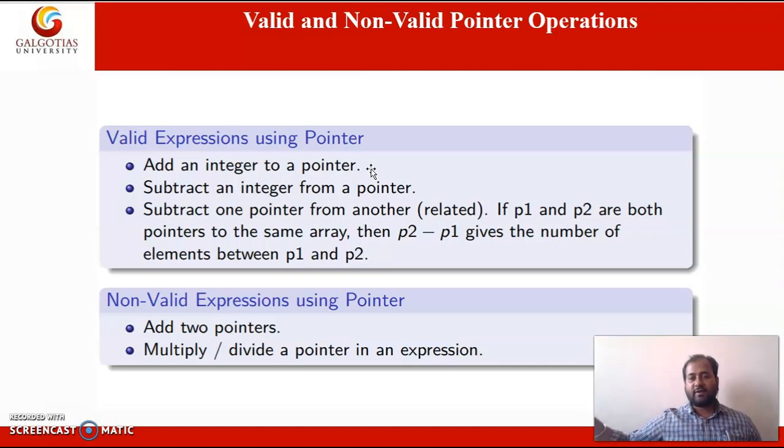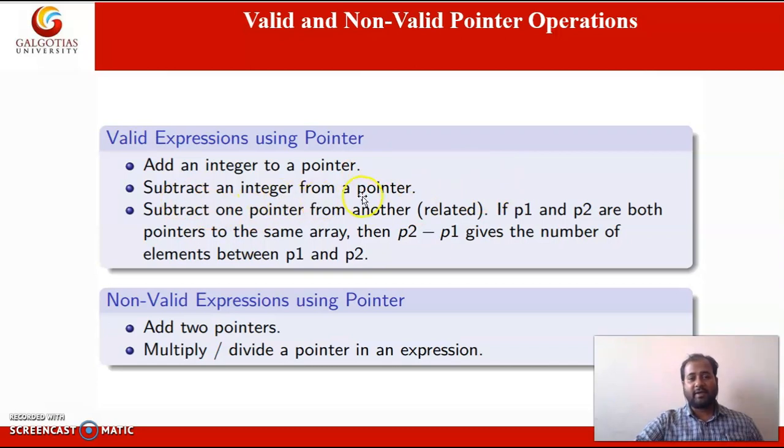Since 4 bytes are reserved for the integer variable, the next memory location will be after those 4 bytes.